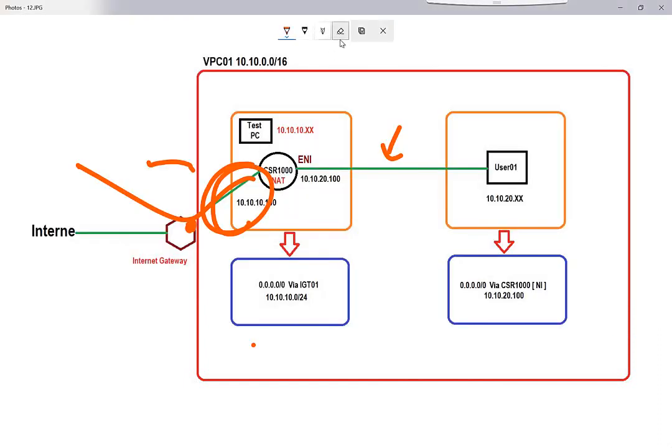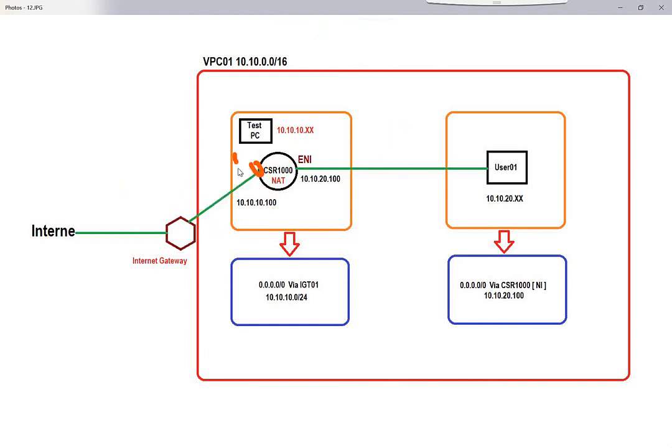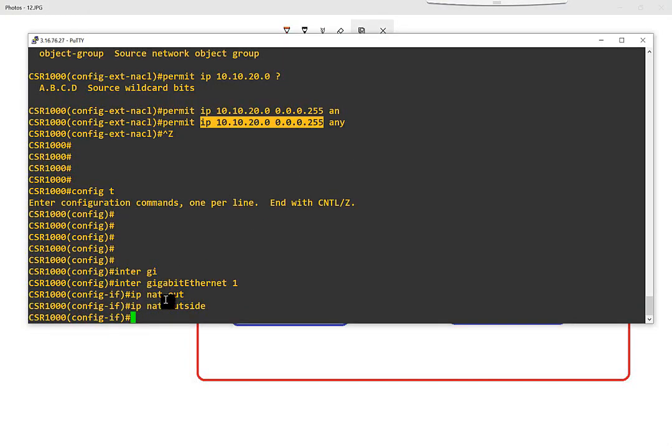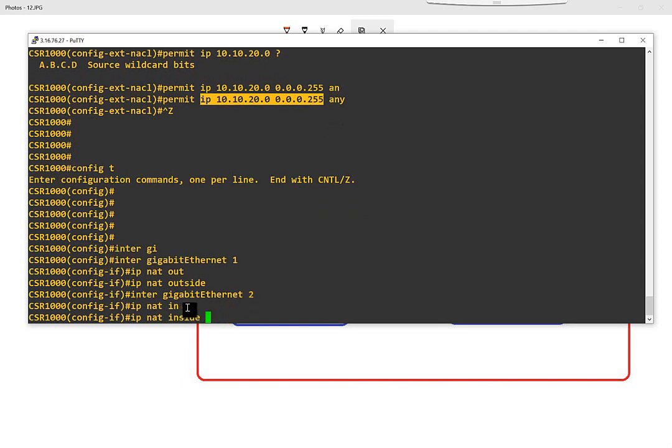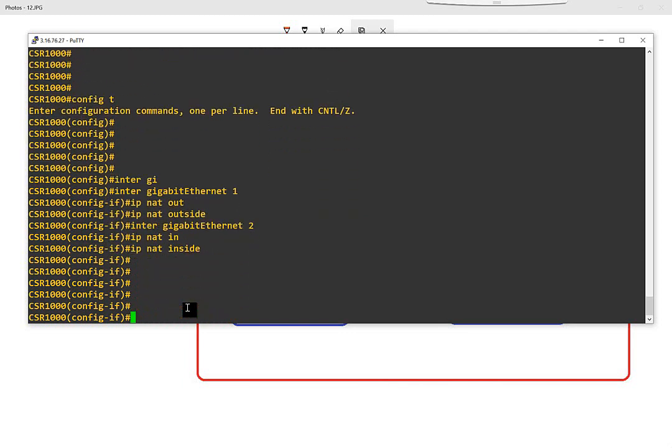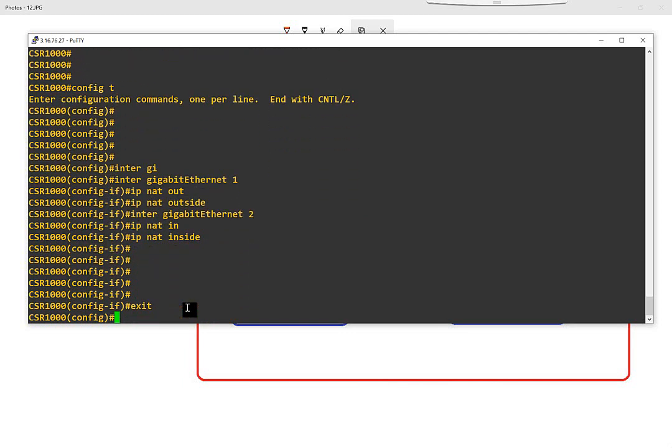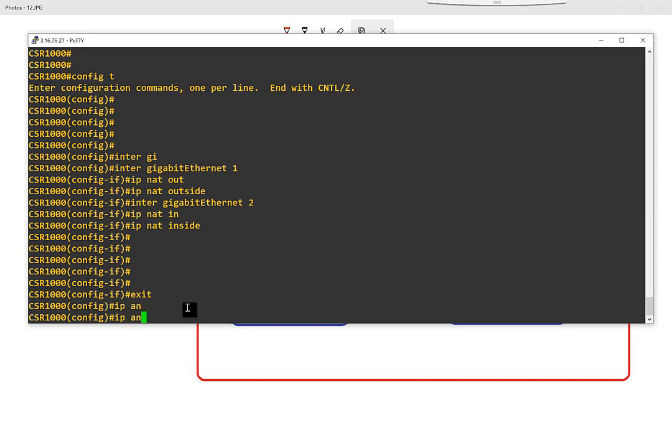Let me make this a little bit cleaner. This is interface 1 and this is interface 2. So I will make interface 1 ip nat outside, and I go to interface 2 and make it ip nat inside. This is my inside network. All right, cool. So what I need to do now, I have to say ip nat